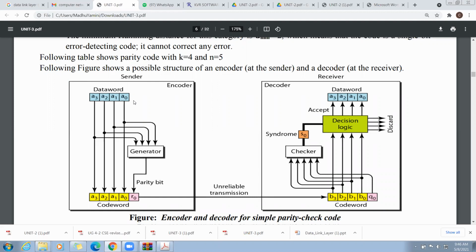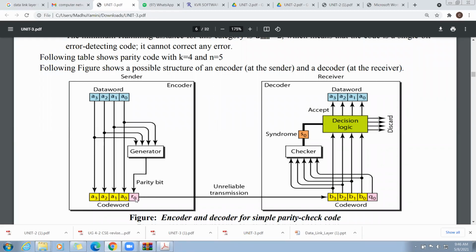As I told you, to this data word we need to add redundancy bits by using a generator. The generator will generate a parity bit, and this parity bit will be appended to the data word.